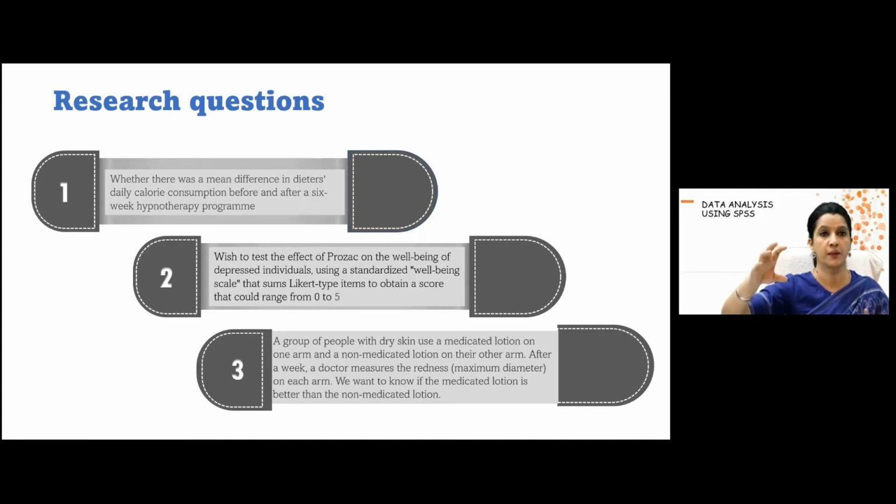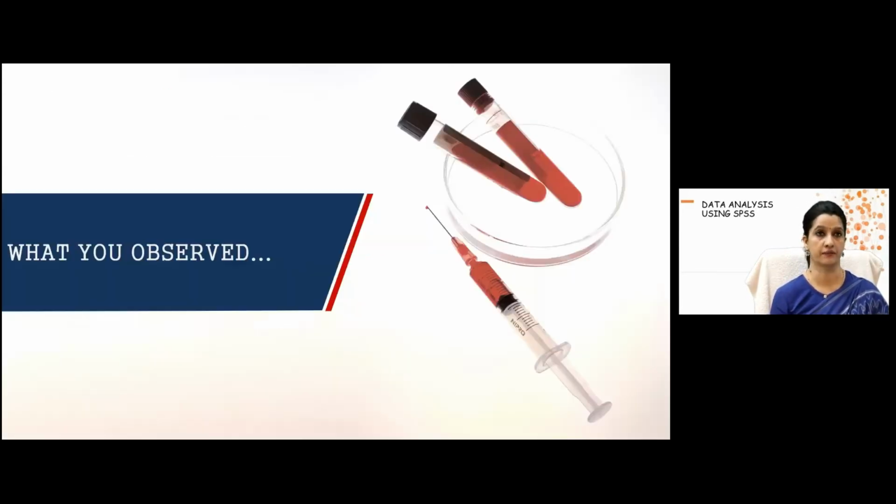Like we usually do, there is a control arm and there is an intervention arm. If I am doing a control and intervention arm, then the study groups are different. The individuals are different. In that case, I will apply the independent sample t-test. In this case, since it is a paired value, we are taking two values of the same individual. That's why we call it a paired value. And in this case, I'll do the paired t-test.